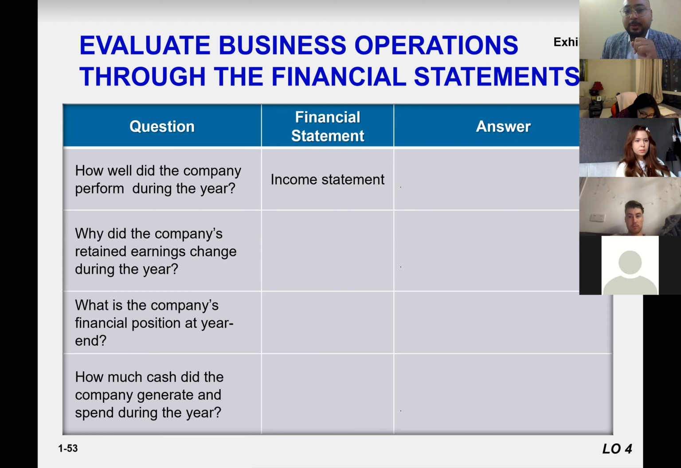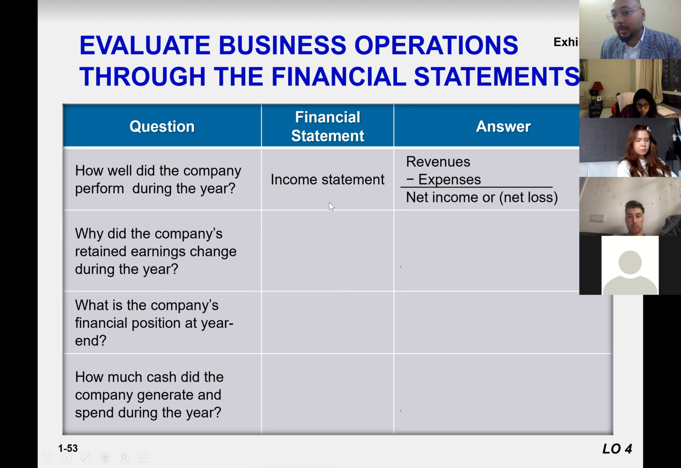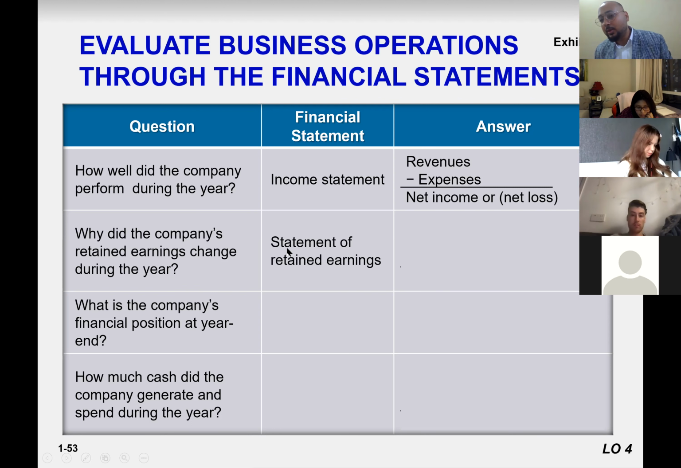Number 1 aspect, how did the company perform during the year? We can find out through the income statement. And what is the income statement formula? Revenue minus expenses, that's it. How did the company's retained earnings change during the year? You can find out through